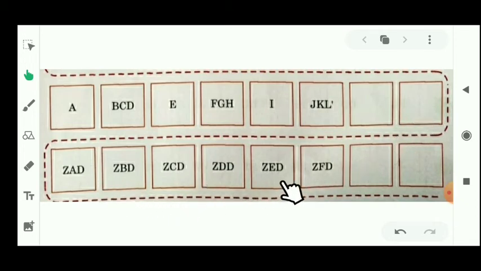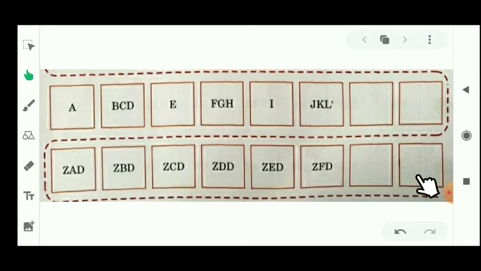Let's read the next pattern. Students, if we observe this pattern, you can see all the first letters are Z. Here is Z, here is Z, here is Z, and in all the question patterns Z is there. So the next two fill-ups will have Z as the first letter. Let's read the mid letter. Here is A, then B, then C, then D, then E, then F. That means the second letter will be G here and the second letter will be H here. Let's read the last letter. In each and every pattern you can see D is the last letter.